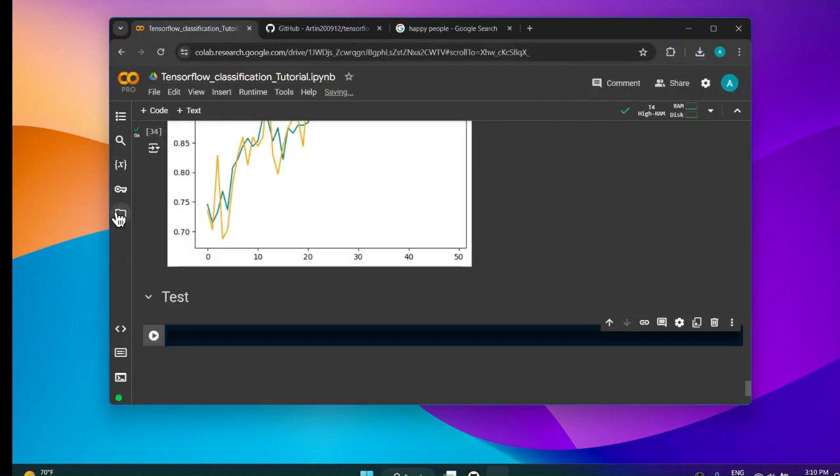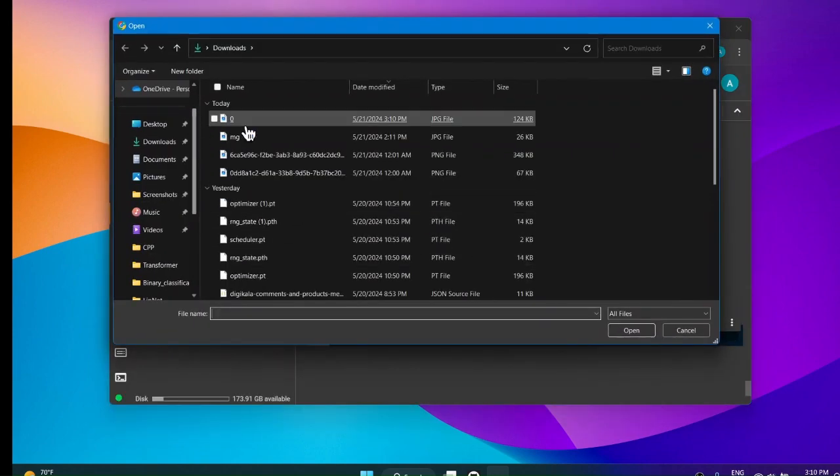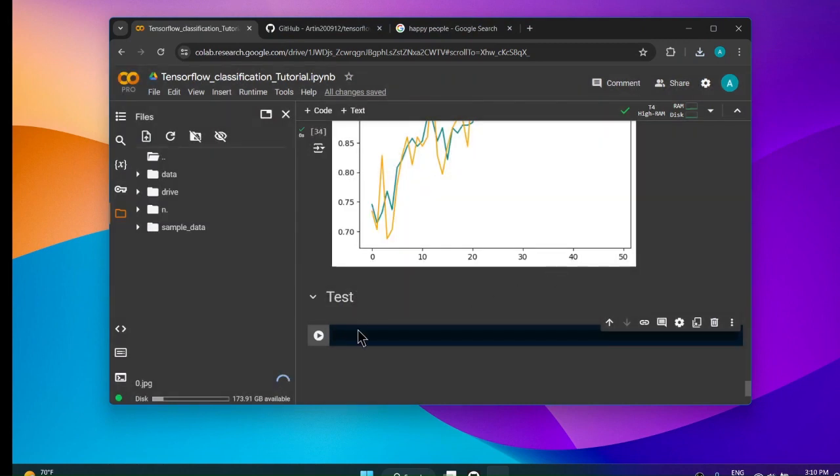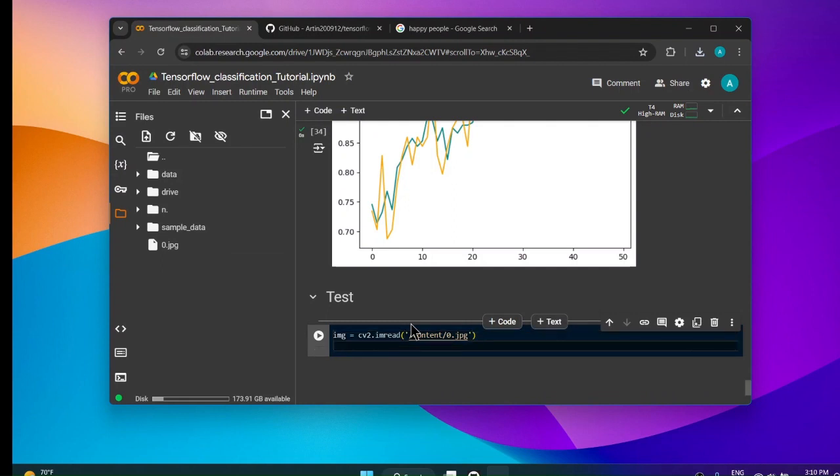So let's upload this in Colab. Let's actually read this with cv2. So this is the path for it. Let's read it. And now let's do plt.imshow